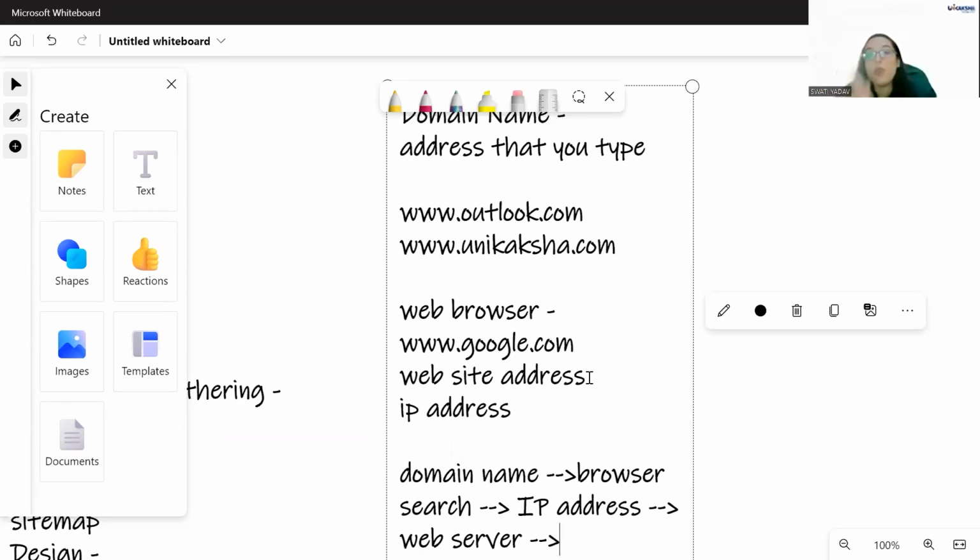That web server hosts the web pages of the domain name, and the browser submits a request to that server for a copy of the web pages. That is the work. Once the information is there on the web server, it sends back a response. If it's a successful response, you get the page displayed on your end, on the client machine. That is the process. It's a lot more complicated, but when we talk about it, it's simple. So that is how things work here.